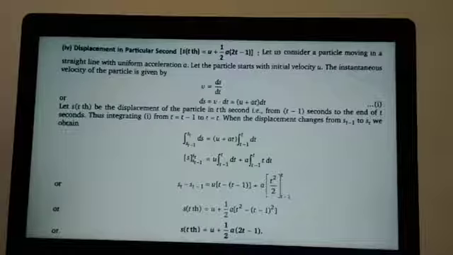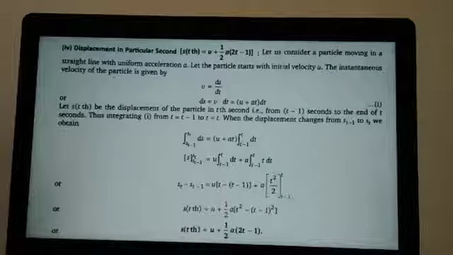In that integral equation, it is printed as integral s(t minus 1) to s(t) ds is equal to u plus at into integral t minus 1 to t dt. But that u plus at also should be there inside the integral sign. Okay, that is a printing mistake in your textbook. So you have to keep u plus at also inside the integral sign. So the right hand side you write as integral u plus at dt within the limit t minus 1 to t.